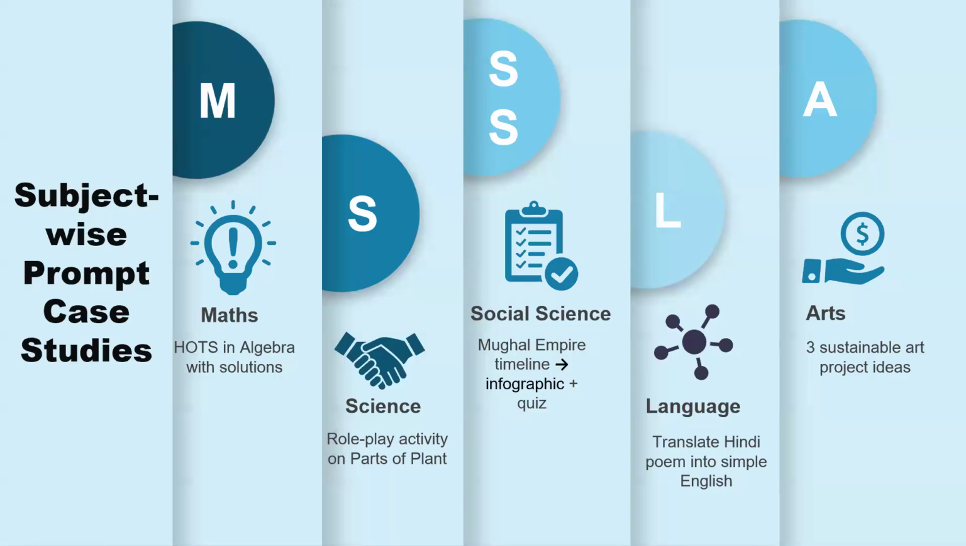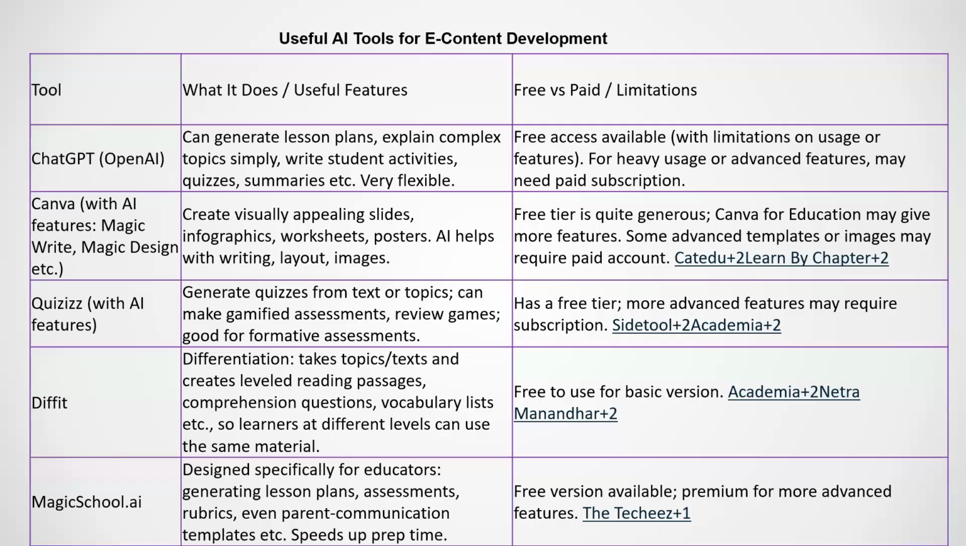These are some of the focuses on subject-wise prompt phrases. Like mathematics, thoughts in algebra; science, may role play activity on parts of the plant; social science, Mughal Empire timeline, can you generate some infographic and a quiz. And also we need to understand in the language, can you translate a Hindi poem into simple English for the South Indians specifically. So these are very collaborative,